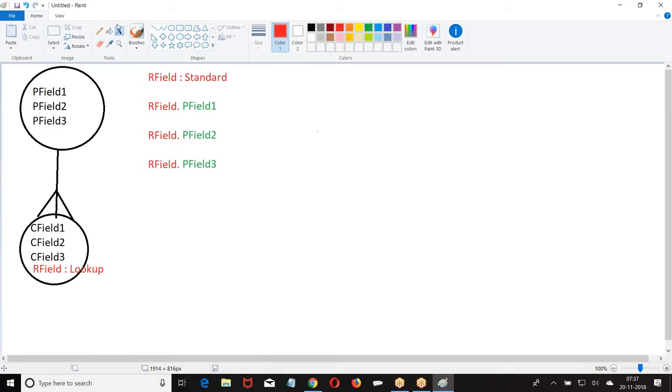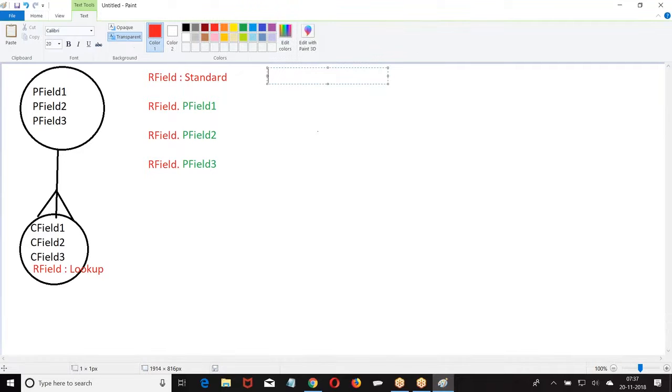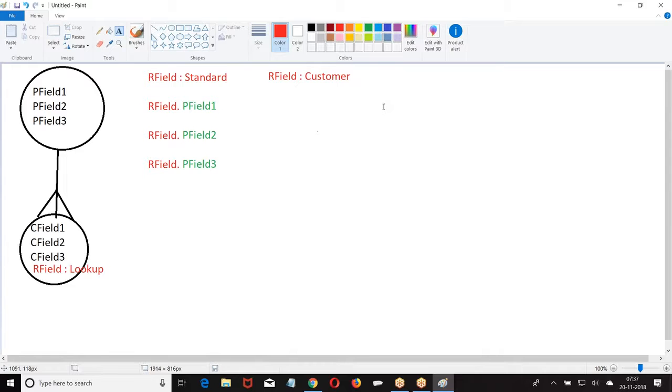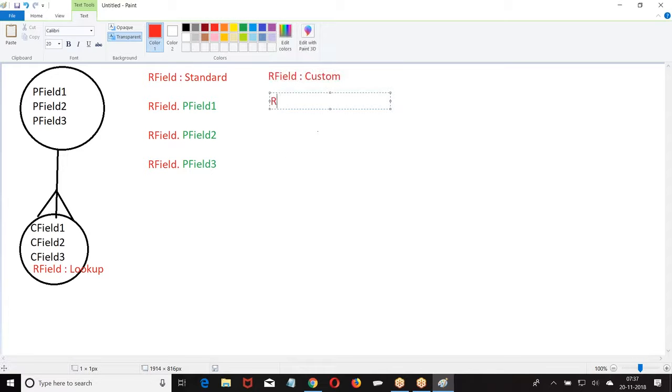If R field is a custom field, we write R field underscore underscore R dot parent field 1.